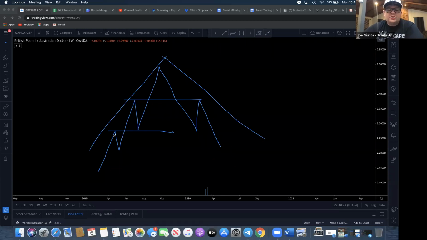Because in order to have a trend, you have to set the direction, then you have to confirm the direction, then you have to set the next level, then you have to confirm the next level. That's when we can call it a trend. I can't call this a trend until I have all four of those moves happen. Is everybody with me? So once I have that and I have a trend, now in order for it to be an opposite trend or a counter trend, we can see patterns start to shape. Now in this particular case, somebody tell me what kind of a pattern that looks like. Somebody type it in.